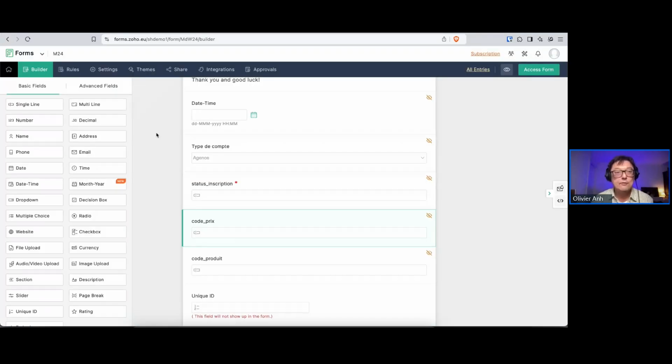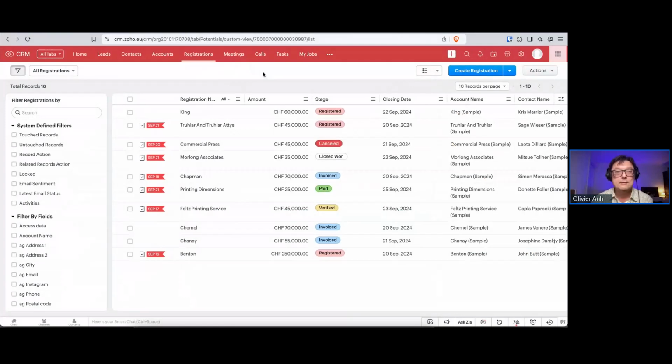So from there, we are in Forms. We automatically create registrations in the CRM. These are not real content, these are sample content from the CRM. I just changed a little bit. So you have the